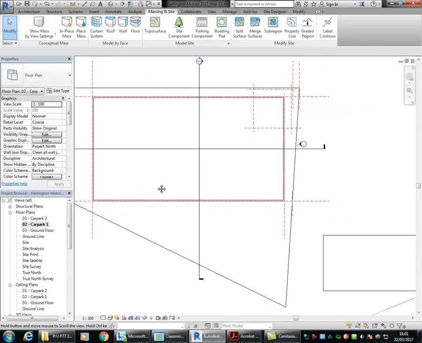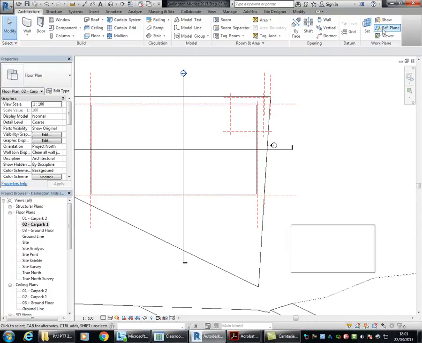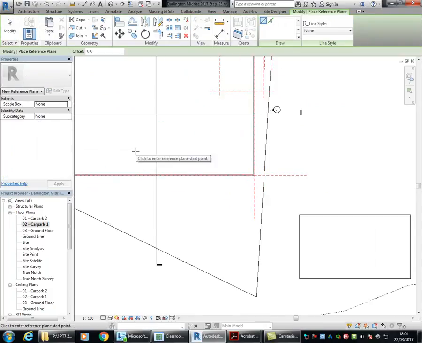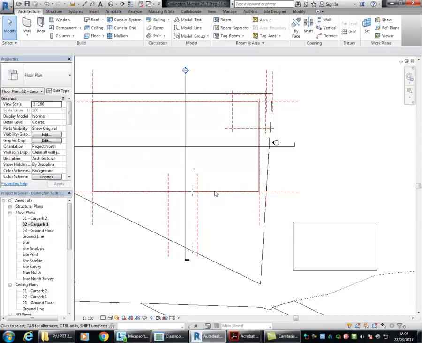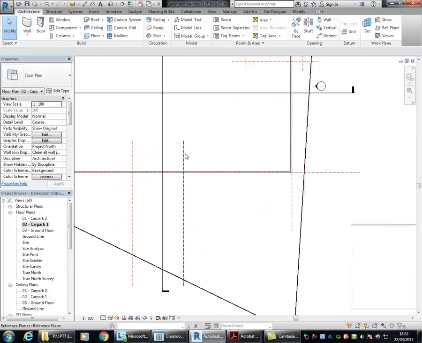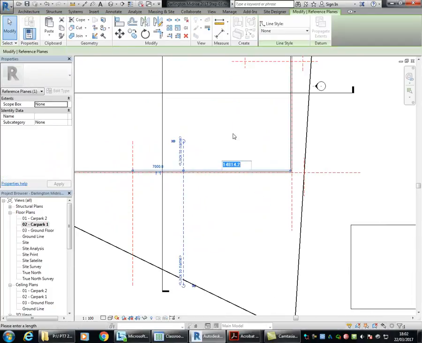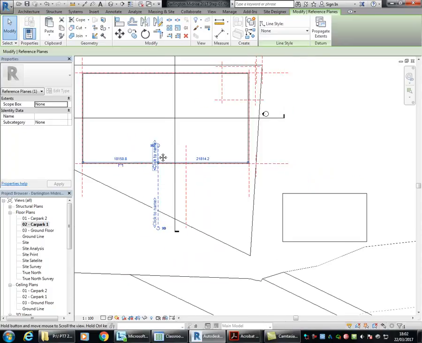That's better. So now I'm going to maybe put in some reference planes to set out the width of my driveway. You won't really know the exact distance from either side until you've started to put in some of the parking bays, but it would be good if you at least start with a round number, so it wouldn't hurt here to just change that. So it's 14,814, so I'm going to make that 15,000,